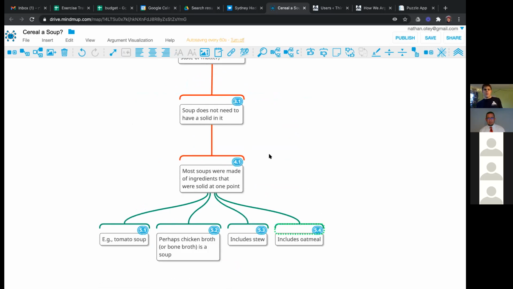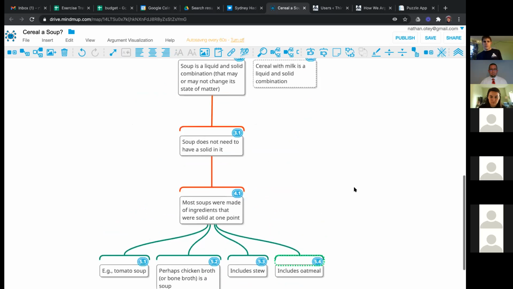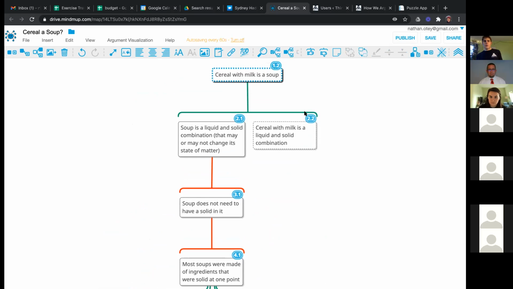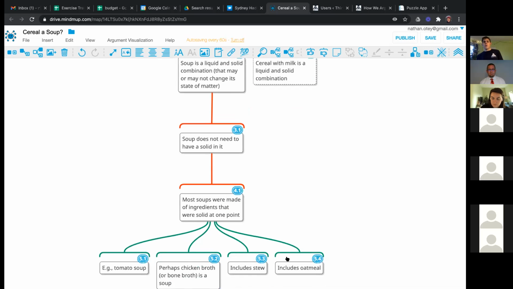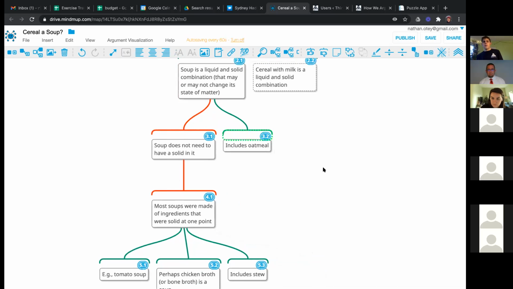I would argue that oats, they get mushy, but they don't change into a liquid. So Deb, you want to exclude oatmeal from the soup category? I would include it. Got it. So you want to say that oatmeal is within the purview of soup? Yes. Great.